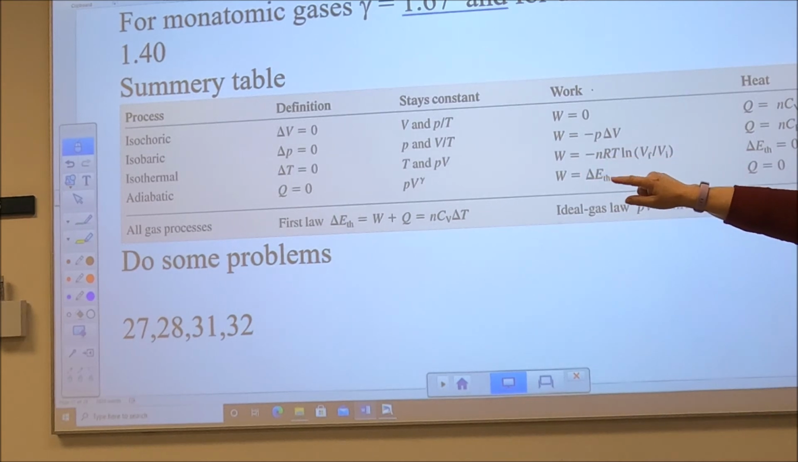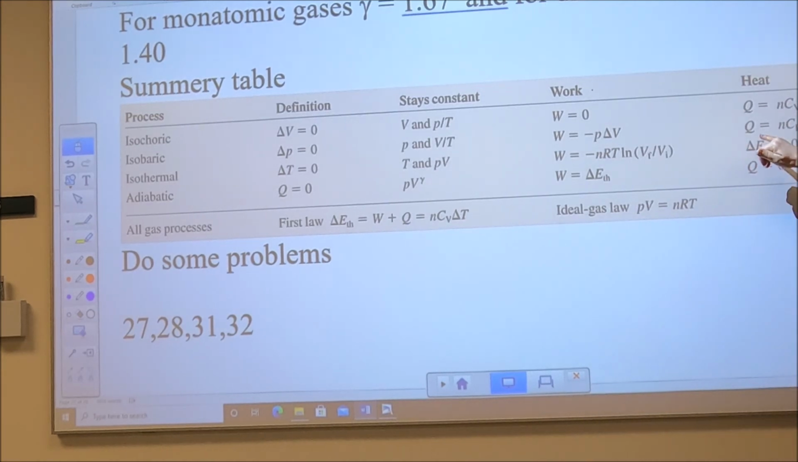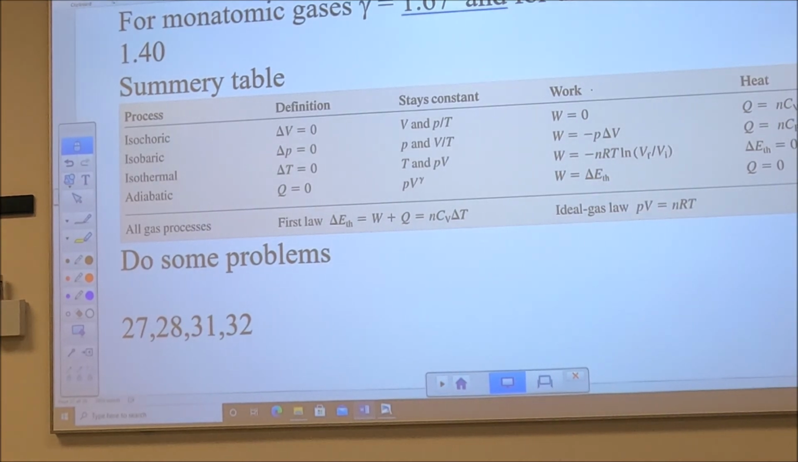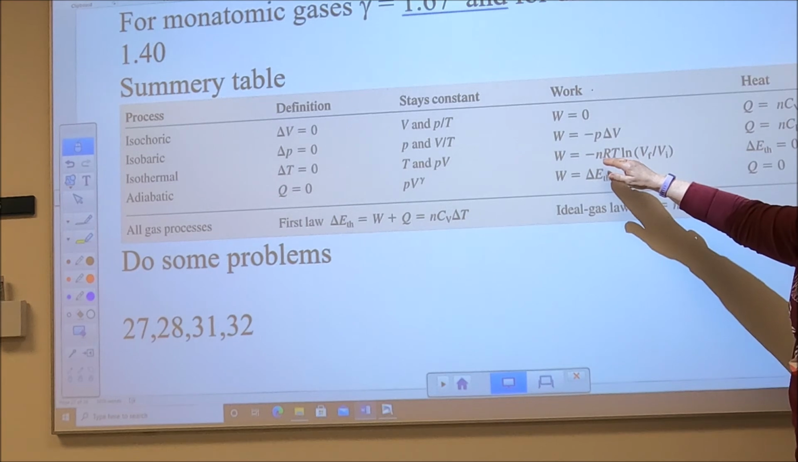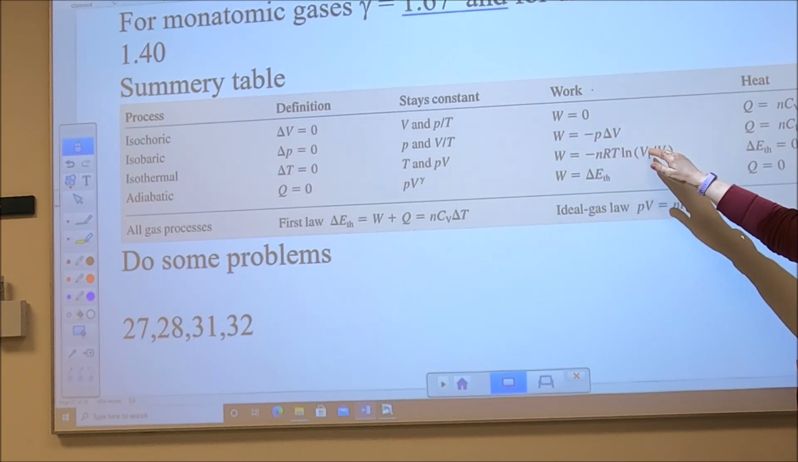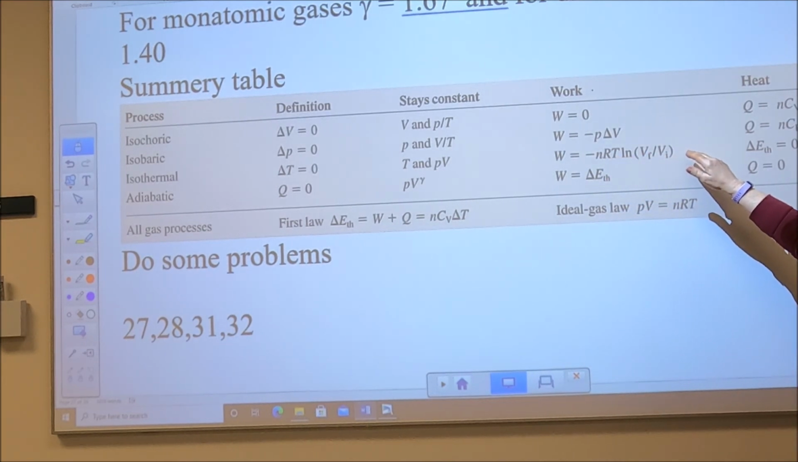For an isobaric process, change in pressure is 0. So pressure is held constant. Work is minus P delta V, and Q is equal to n C_P delta T. Remember, C_P is always greater than C_V. For an isothermal process, change in temperature is 0. Change in thermal energy is 0. And work is equal to minus nRT natural log V final over V initial,